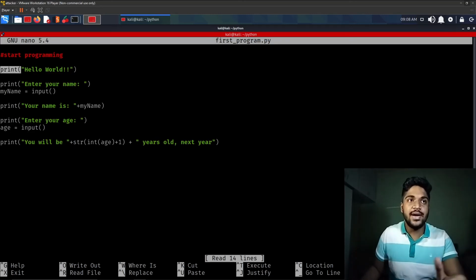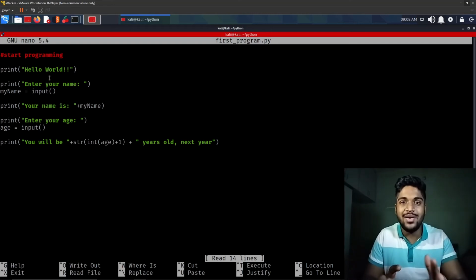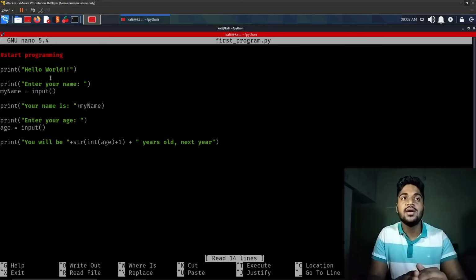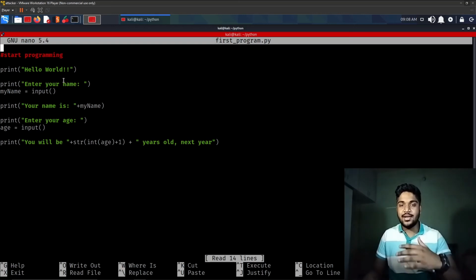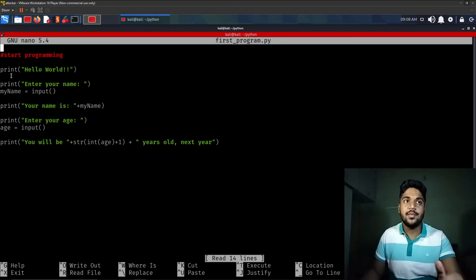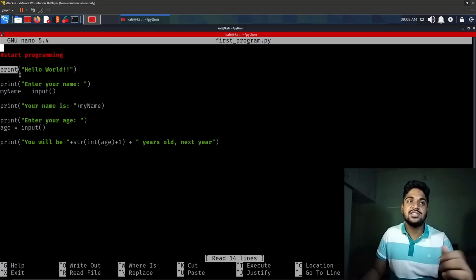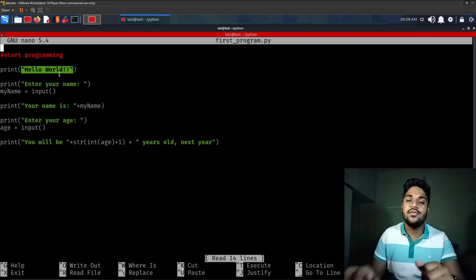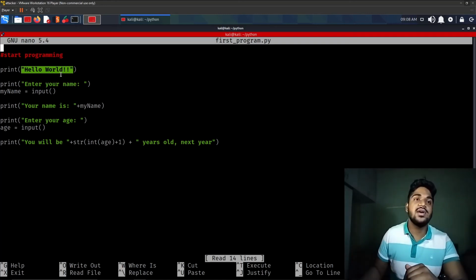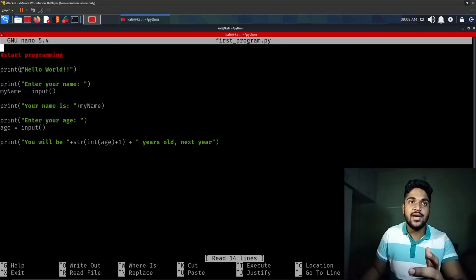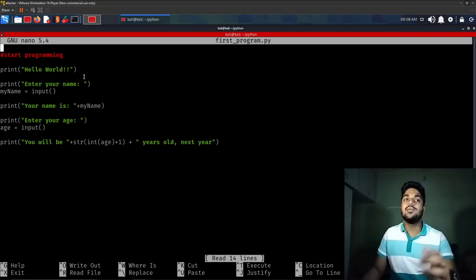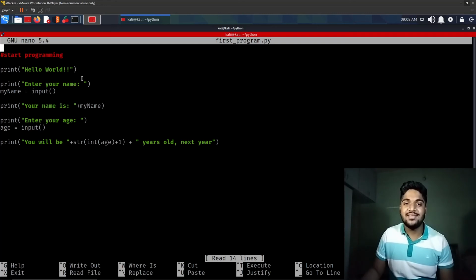We can do print. I forgot to tell you about print. Print is also a function similar to input, where we can print something on screen. So if you are running this Python program, it will print. The syntax of print is just the name of that function, print. It will take an open and close bracket, and inside that bracket we can use a variable or we can use values directly. Here I am using direct values. This is a string value, so it will print that string on my screen.